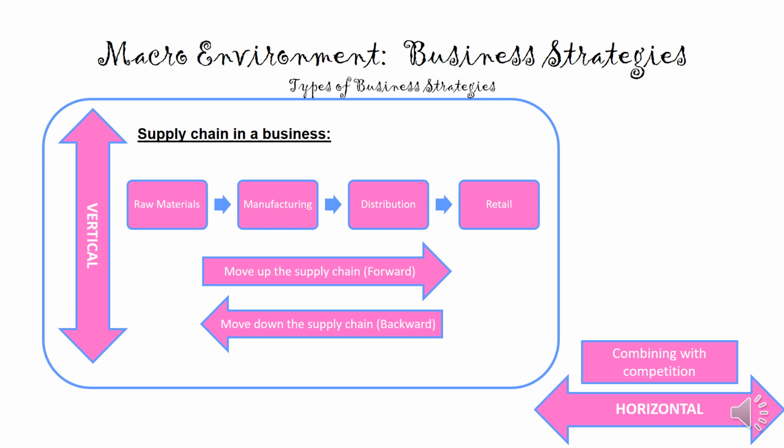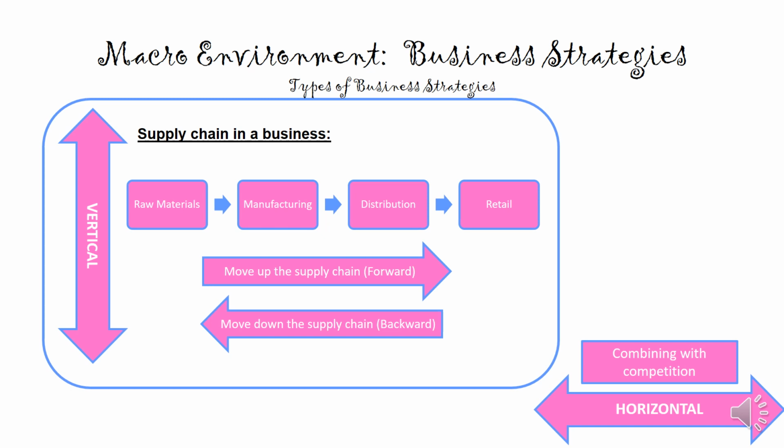All right. Horizontal integration is when we are combining with competition. So if Albany is a bread manufacturer and Sasco is a bread manufacturer, if Albany takes over or they merge with Sasco, so Albany and Sasco melt together and become one business,